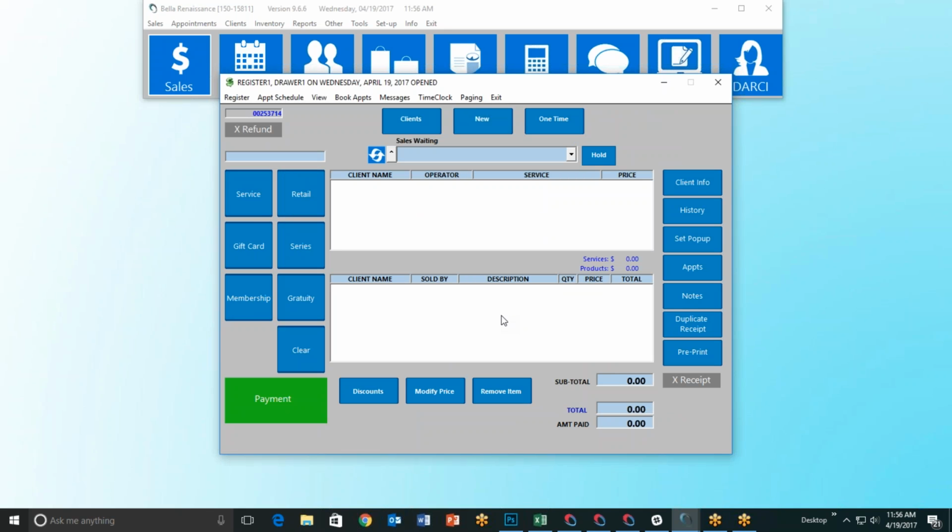So if you just pop that drawer open with a key, pull a $20 bill out and hand it to somebody, that's not a transaction. Your drawer is going to be light. That's refunds. And that takes us to the very next thing that we were going to talk about, which was the,